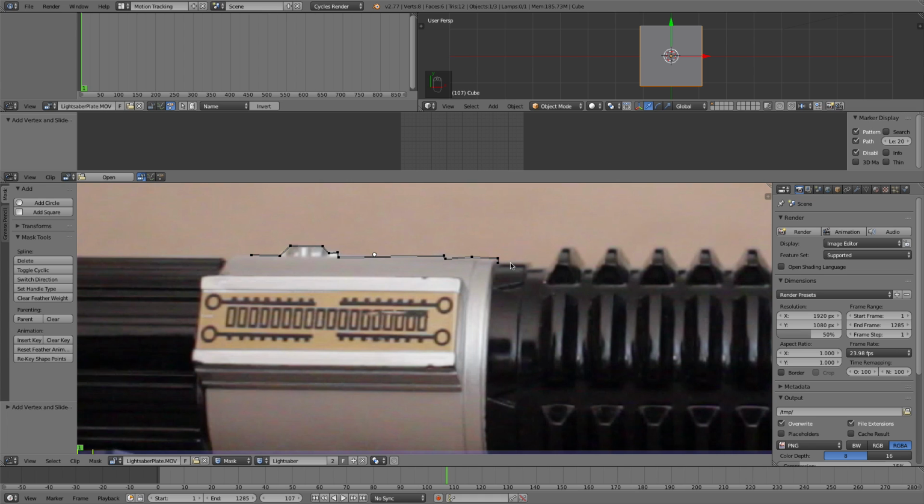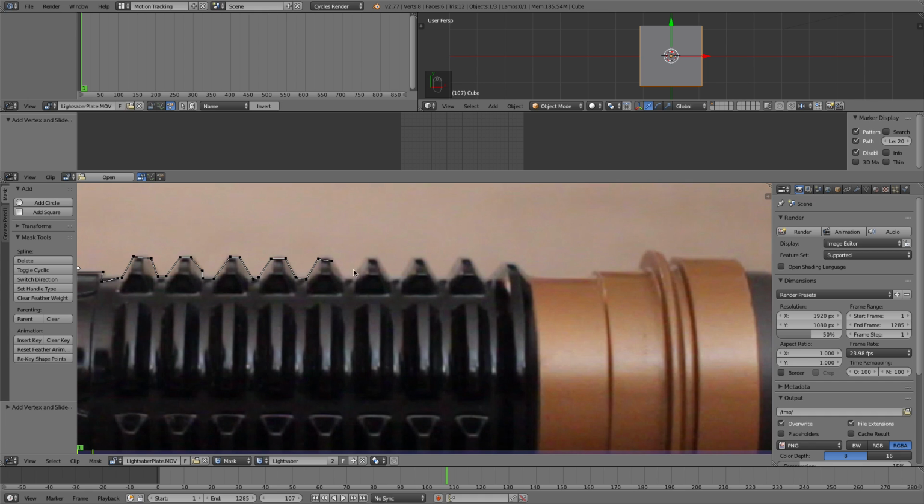Again, this is all going to be blurred and not really seen much, but if you get the little nooks and crannies, then that'll just help with a little bit of detail. But for the sake of time and this tutorial, I'm just going to breeze through, do a quick masking job here, and